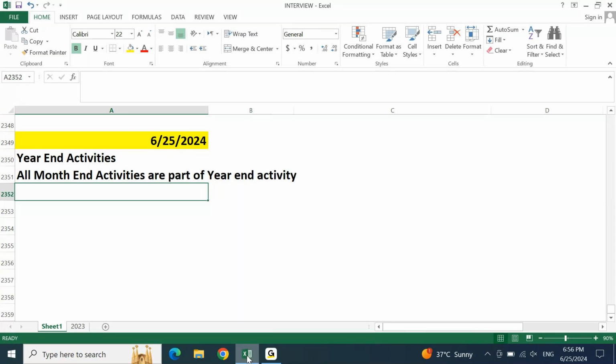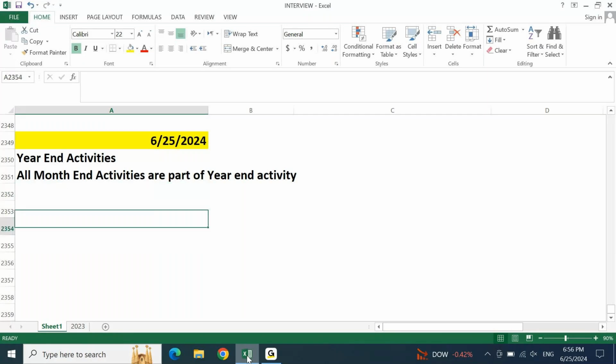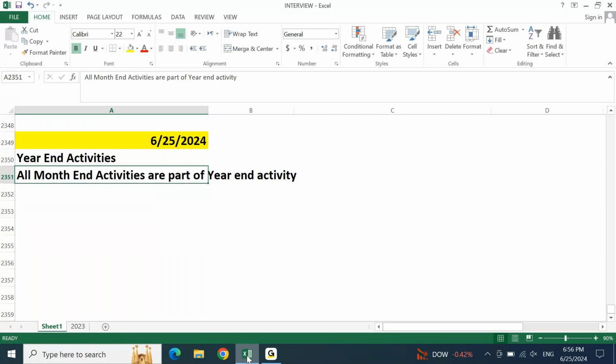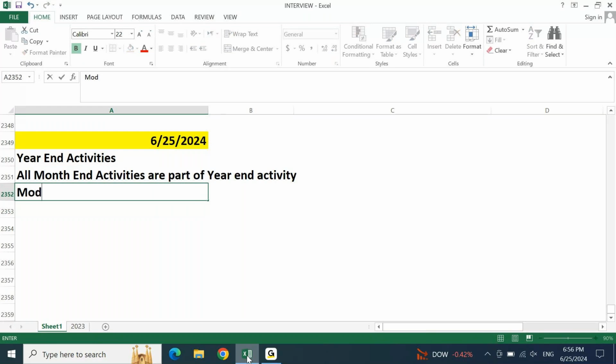For closing the last month of the year, first perform the month-end activity, later on perform the year-end activity. When you're talking about performing year-end activity, you need to make sure what kind of activities are additionally performed other than month-end activity. Here we need to make sure, other than month-end activity, there are a few important points, which is specifically you'll have to make sure module-wise